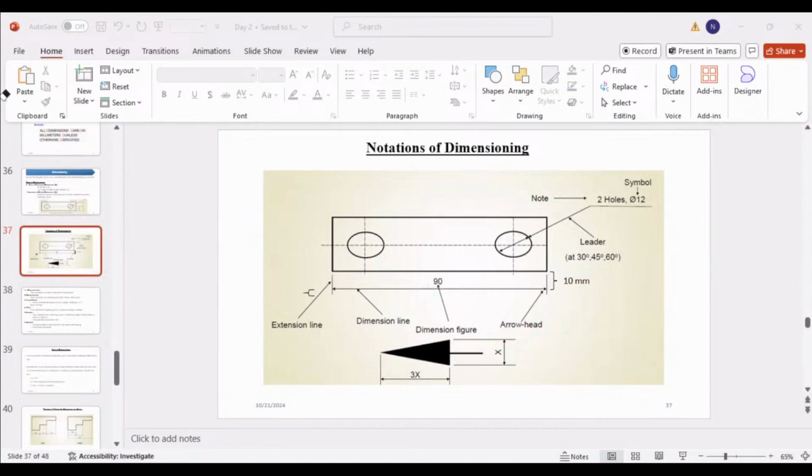Okay. So then you can see that these arrow heads are there. Right? Even in the leader line, you have an arrowhead. So when you draw an arrowhead, the length of the arrow should be 3 times the width of the